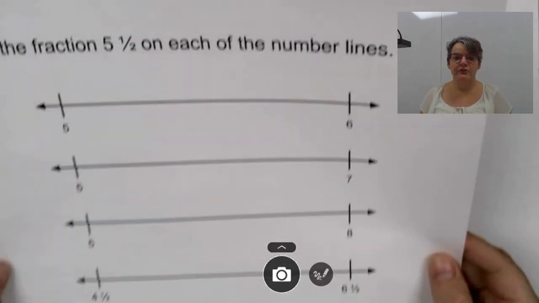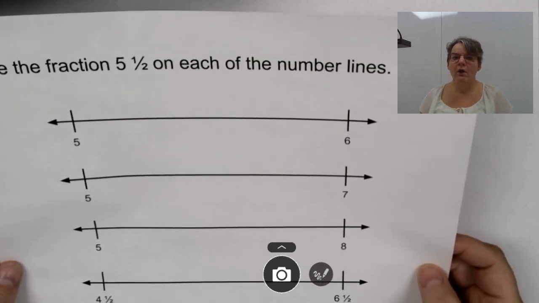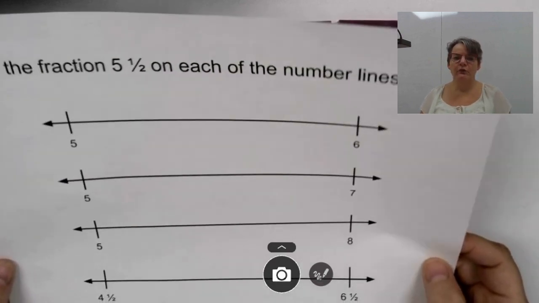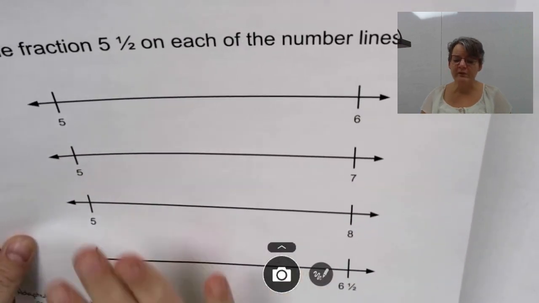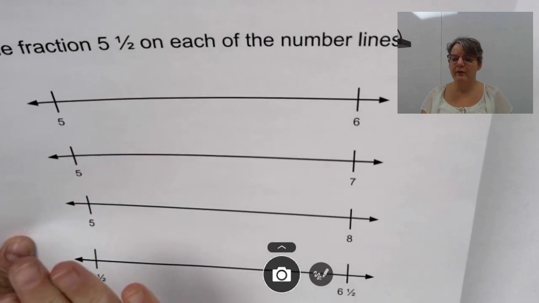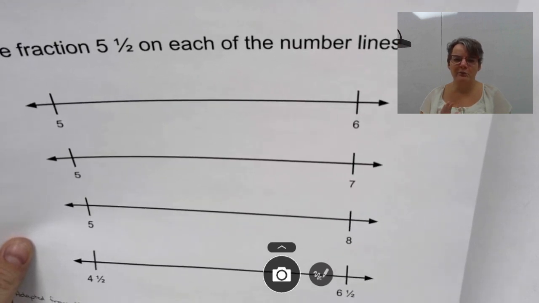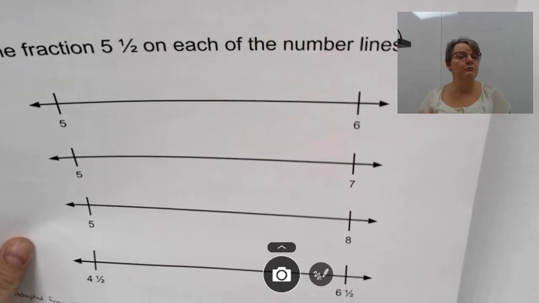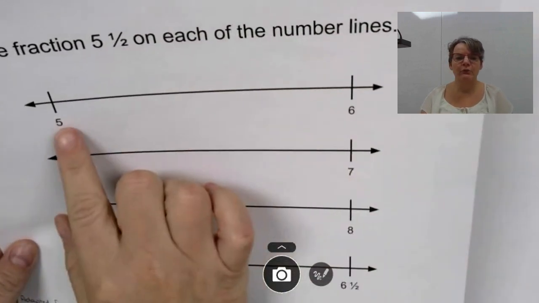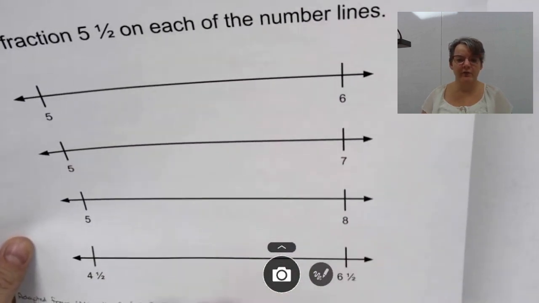The next sheet is this one. Place the fraction 5 1/2 on each of the number lines. So you'll notice none of these number lines start with 0. It's important to show students number lines that don't start at 0. Otherwise, they get stuck in that habit of always having to start with 0, and that's important when they are adding or subtracting fractions. You'll also notice that this one is 5 to 6, 5 to 7, 5 to 8,